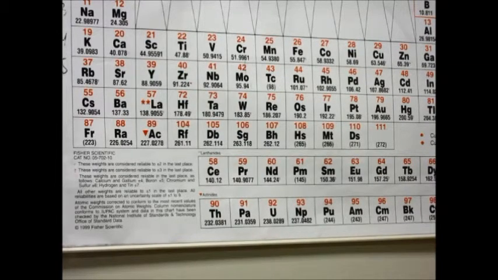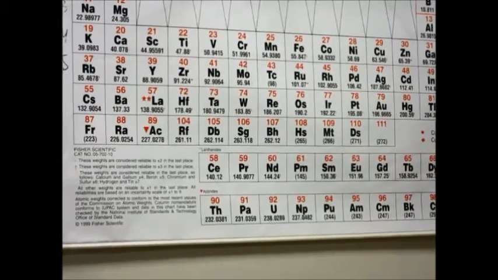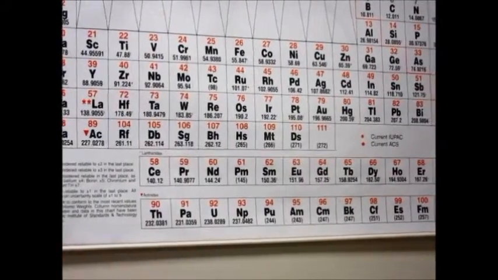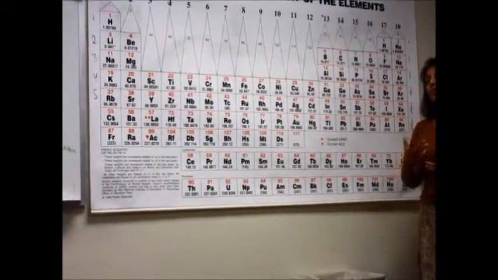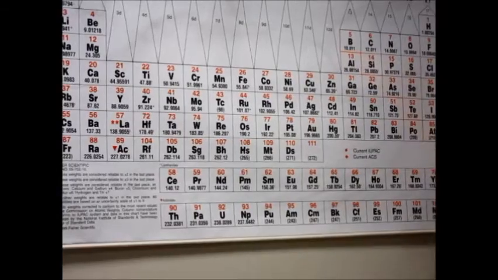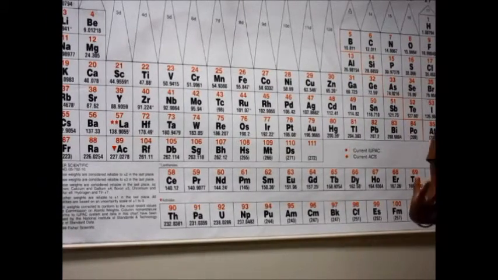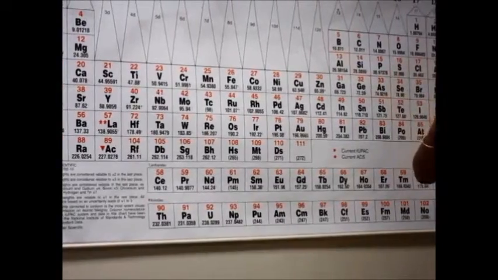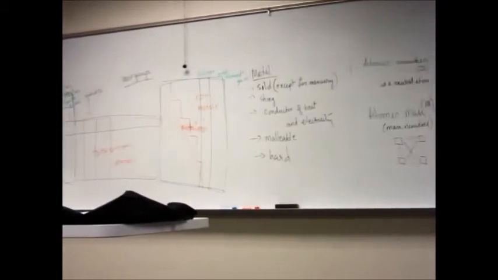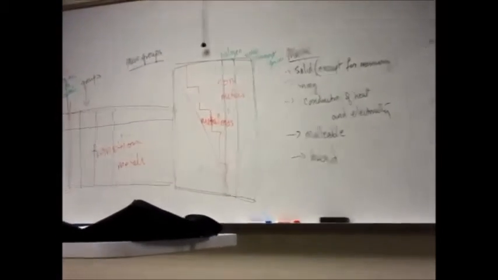Mendeleev got the periodic table started. However, he did not have all the elements, as I said to you before. He did not have all the elements he was working with. Which means that half of these elements were actually discovered afterwards, after he made the periodic table. So the periodic table went through some rearrangements even after that, and the main group remained the main group, and that's why for me the main group has a different meaning. Later on you will see that once you think of the main group as the 8 groups, and think of the transition metals as different, your life will be a lot easier, and things will be easier to remember also.